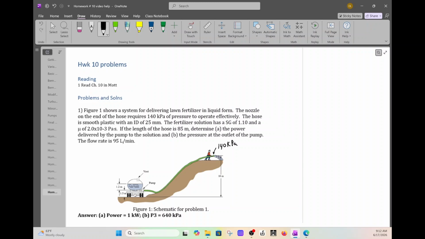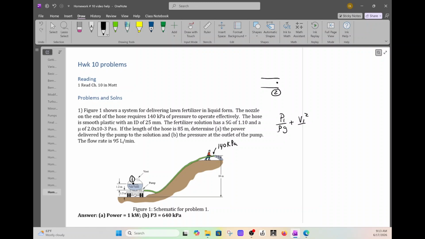Okay, so if I zoomed in, let's just make it a hose. It's like right inside, and I would call this point 2. Then I would call point 1 right there. Okay, again, write your modified Bernoulli's,